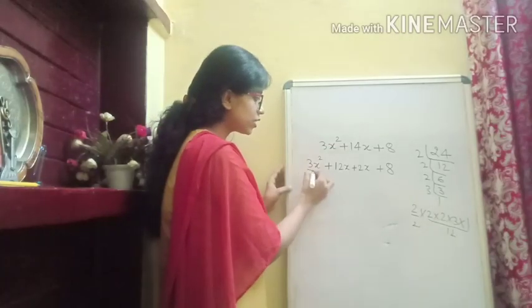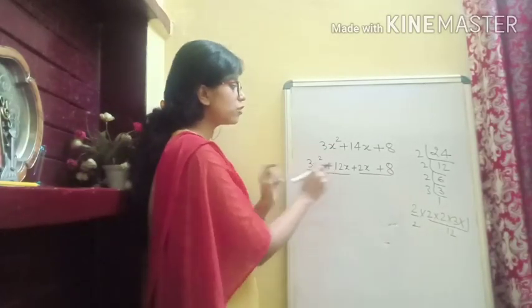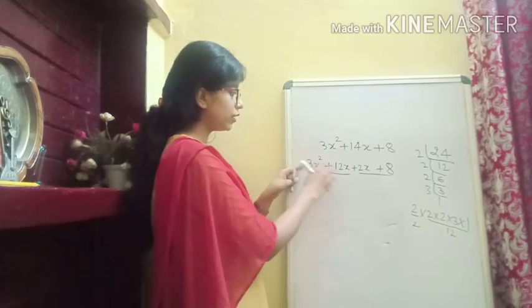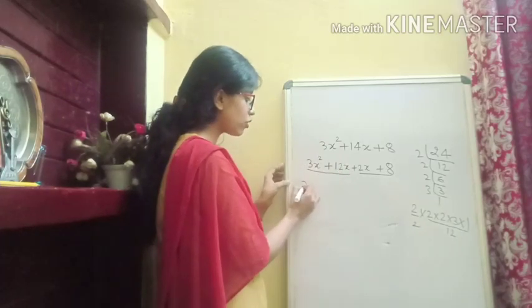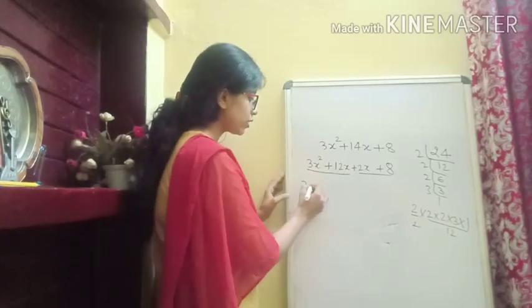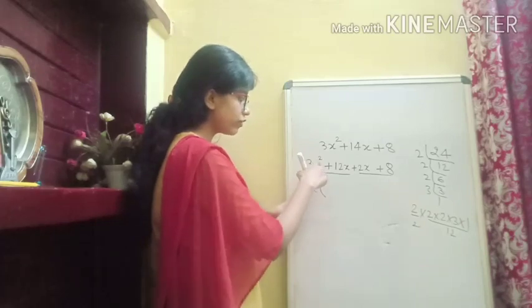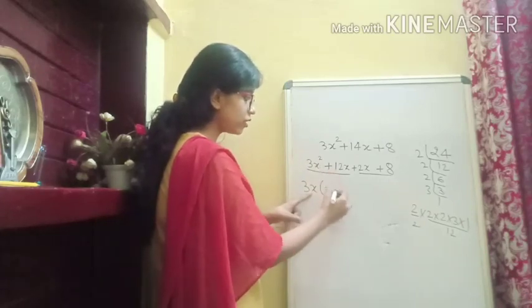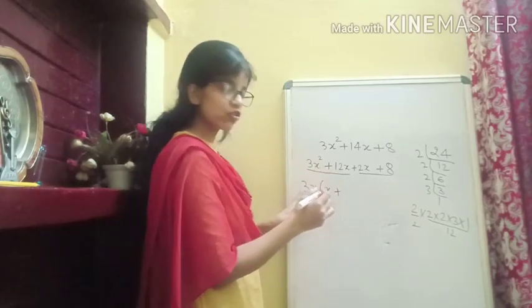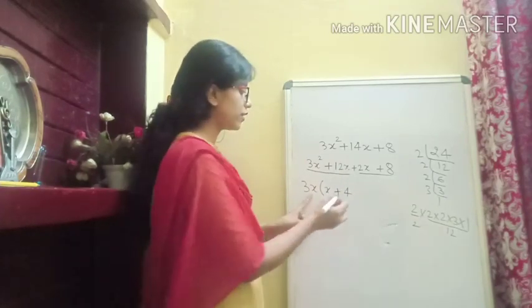So that means we will couple them, and we will take common. From these 2 terms, what is common? If you see 3 here and we have 12, we can take a number common, which is 3. Also, x is common, so you can take x common. Now 3 common, x already common, so we have 1 power of x left here, plus from 12, 3 is common, so we are having 4, and 1 power of x is already common.